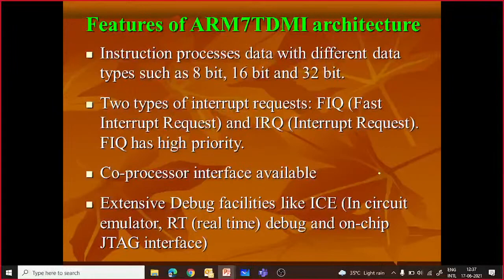That type of facility is not in-circuit programming. In the ARM processor, you don't require to remove the ARM chip from the PCB. In fact, it is ball soldered, so difficult to remove. So it is within the circuit. You can still program it. You can still debug it, and there is an on-chip JTAG interface available. So you will be able to visualize the content of all the registers on your PC or laptop screen.